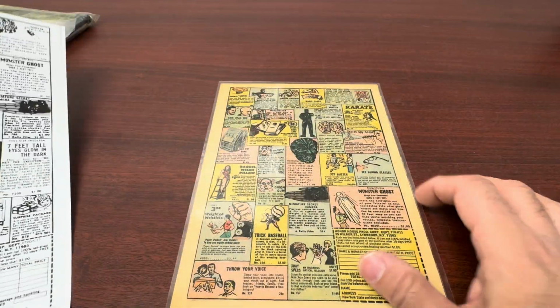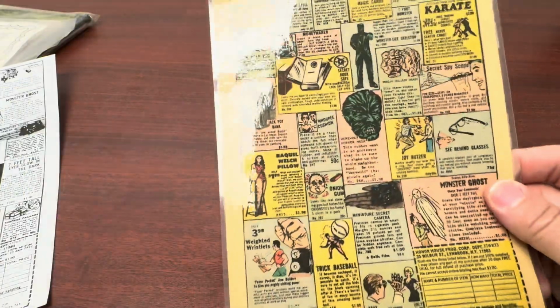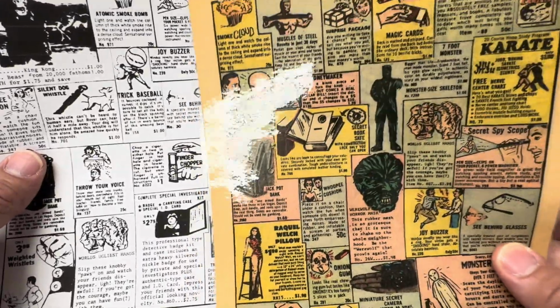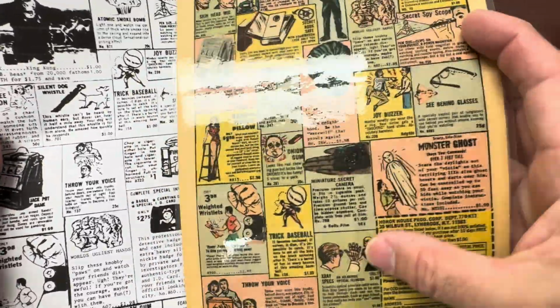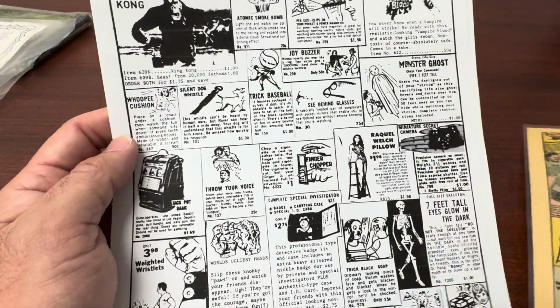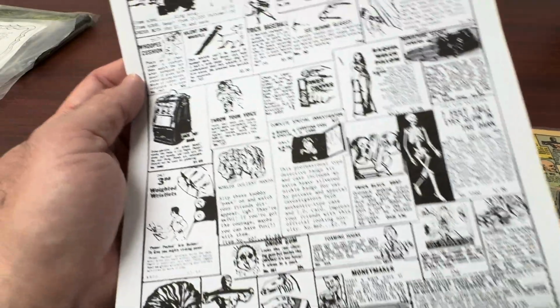Anyway, here is a color ad. Again, Honor House ran many ads. I'm sorry for the gloss, for the reflection there. I have this laminated actually. As you see, the X-ray glasses here, and this other one here. Actually, I don't see the X-ray glasses, which is really interesting because they had it in most of their ads. But anyway,